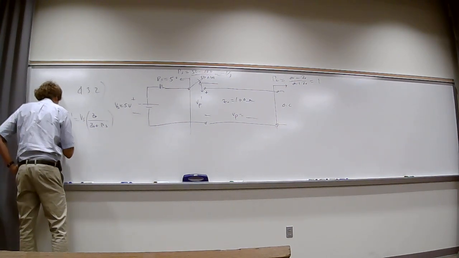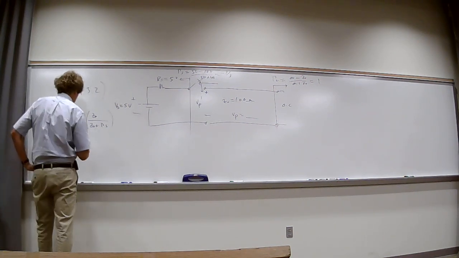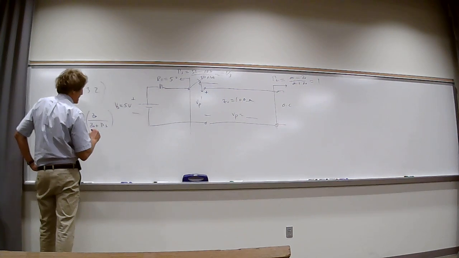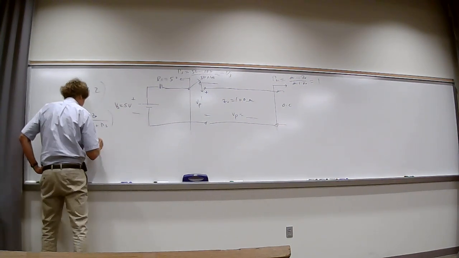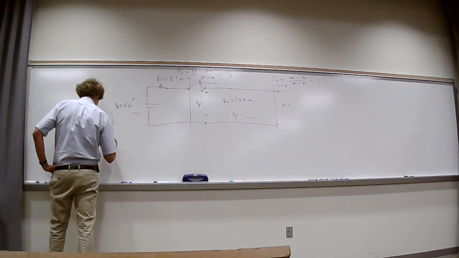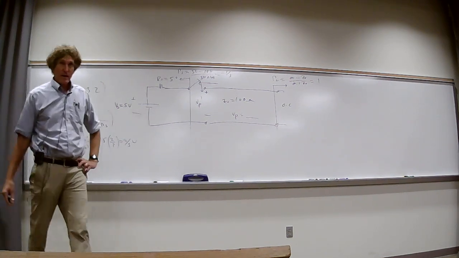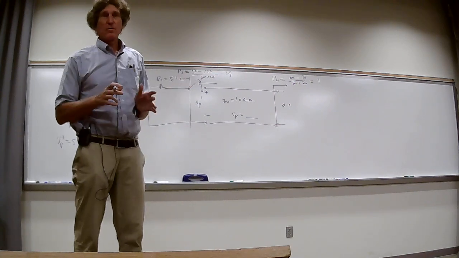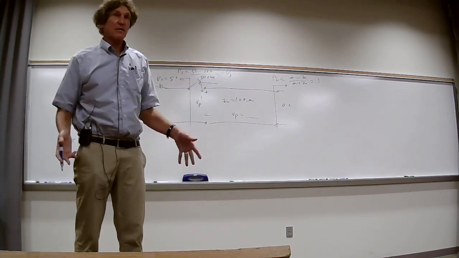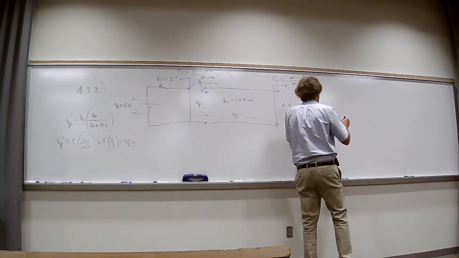What is it? Well, it's 5, right? Times Z naught is 100, right? And RS is 50, so that's over 150. So that's going to be 5 times 2/3, or 10/3 of a volt. Do you agree with that? You all follow me? Now, after that, regardless of where they want the voltage, you create that bounce diagram. That's it. So if we create the bounce diagram,